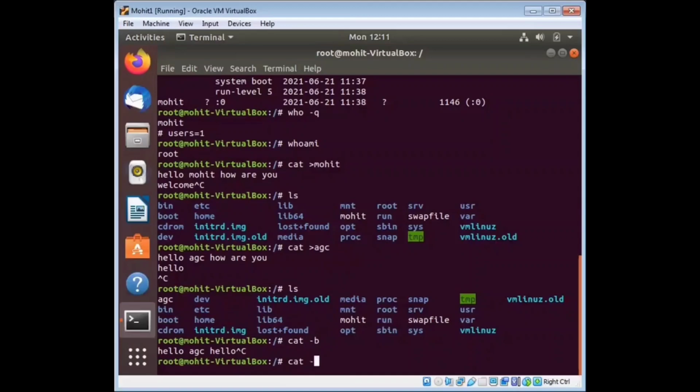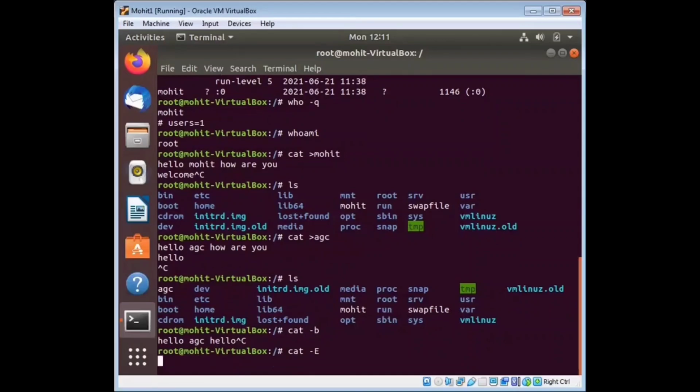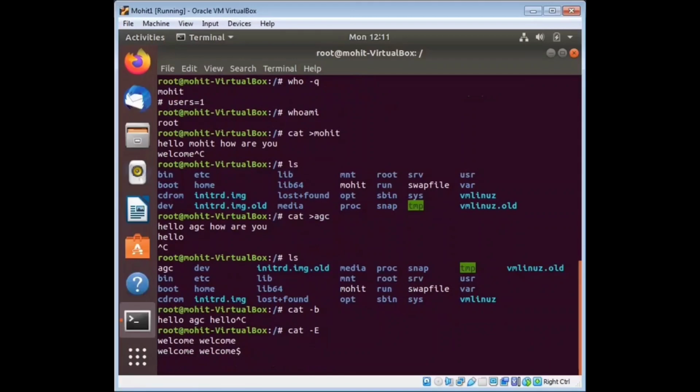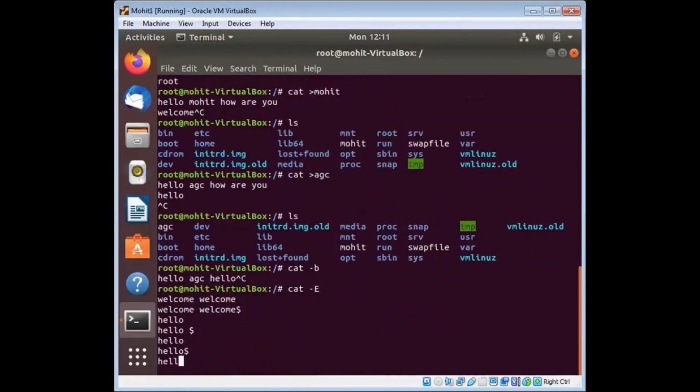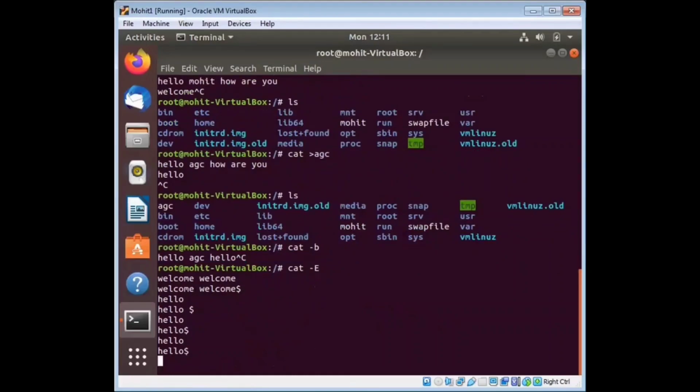Cat minus e. Just type welcome. You see, when you type hello, enter, hello, enter, hello, what will it show?